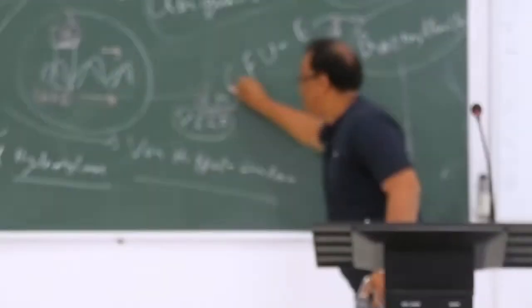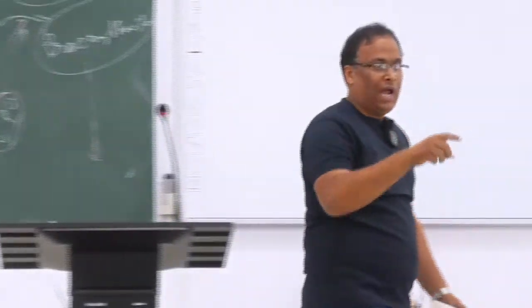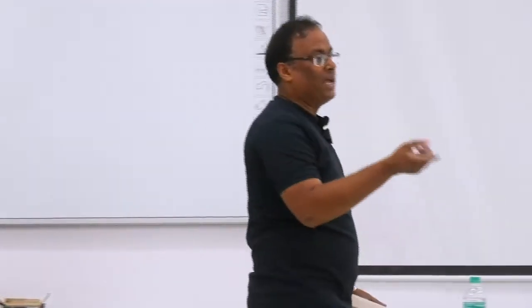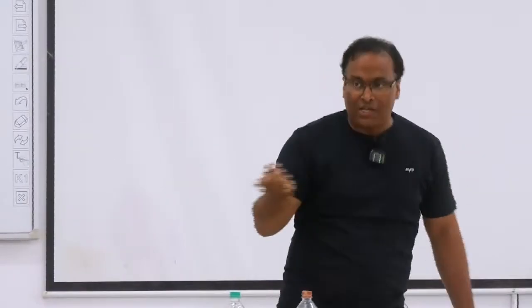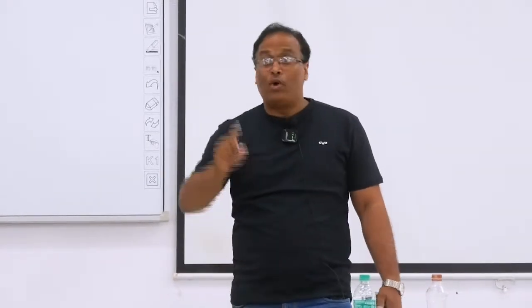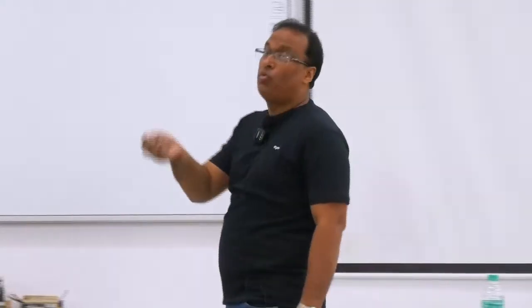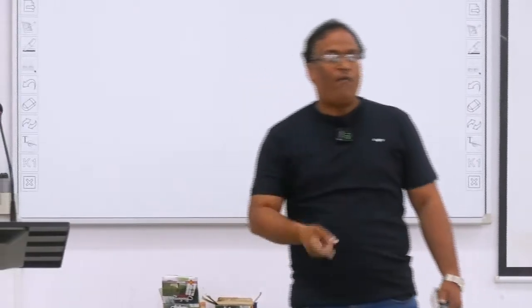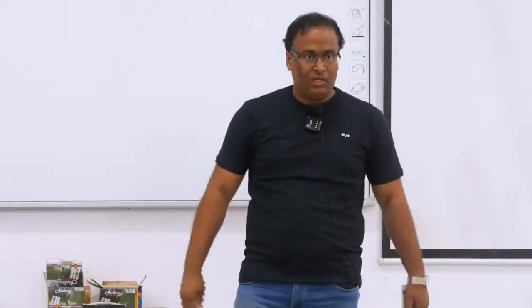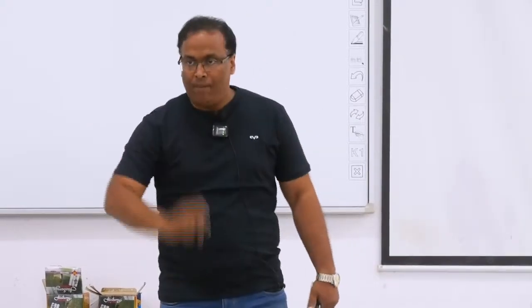So I focus on this EPO, and EPO will form only when transcription occurs. When transcription is needed, some transcription factor must be there, and this transcription factor is HIF1. There is 1 alpha and 1 beta, both are transcription factors. Now this transcription factor will work only when 1 alpha and 1 beta are connected. This connection will be present only in hypoxia,